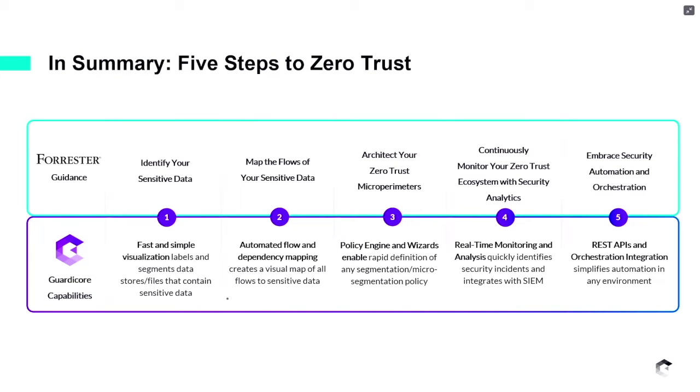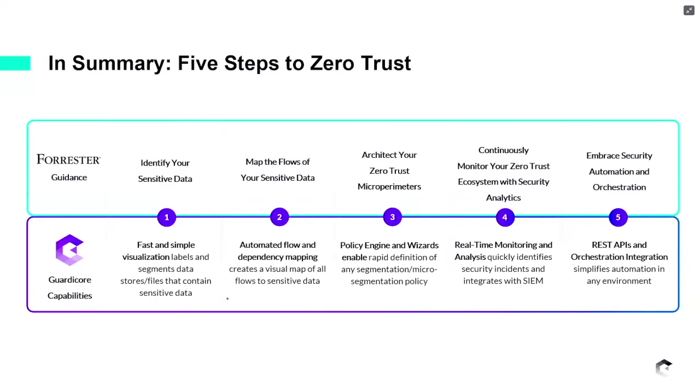And preventing by whitelisting is only allowing what is actually necessary and good, and then being able to monitor that on a continuous basis by integrating with SIEM solutions, for example, and also having an open API to embrace the other systems in the ecosystem is a huge benefit. So we have a natural, intuitive link to each of the 5 steps as an enabler of the zero trust framework.